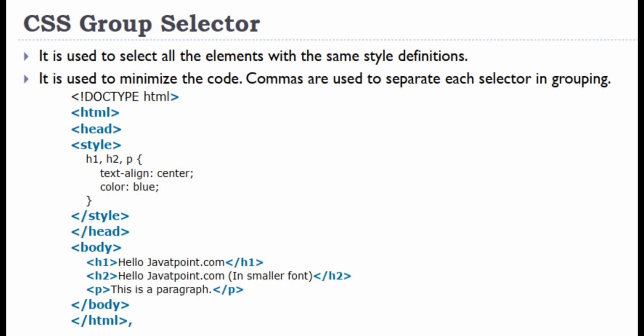<!DOCTYPE html><html><head><style>h1, h2, p {text-align: center; color: blue;}</style></head><body><h1>Hello javatpoint.com</h1><h2>Hello javatpoint.com, in smaller font,</h2><p>The CSS paragraph.</p>